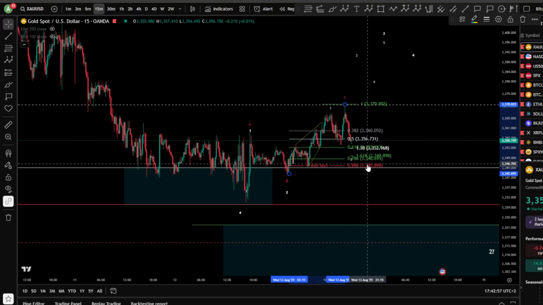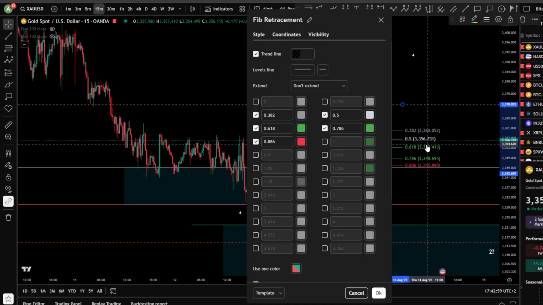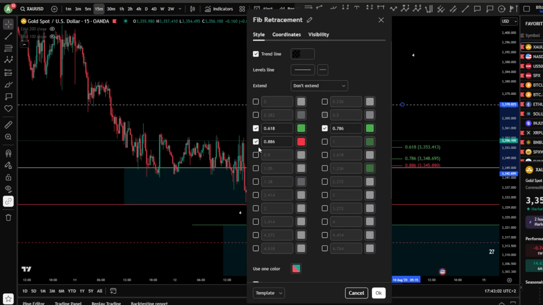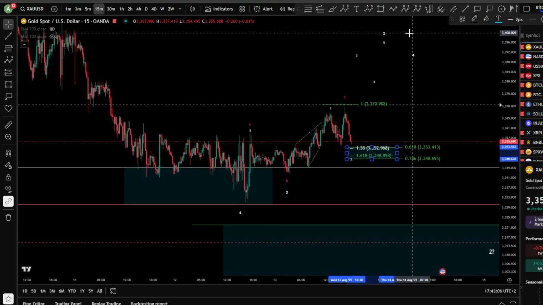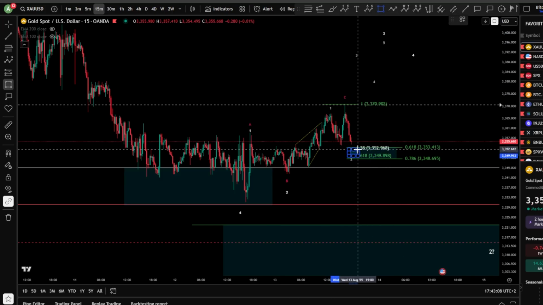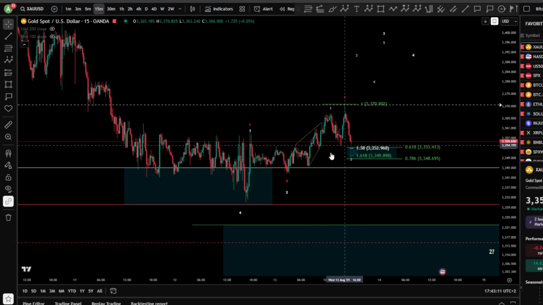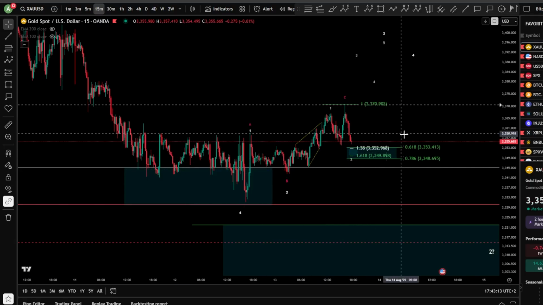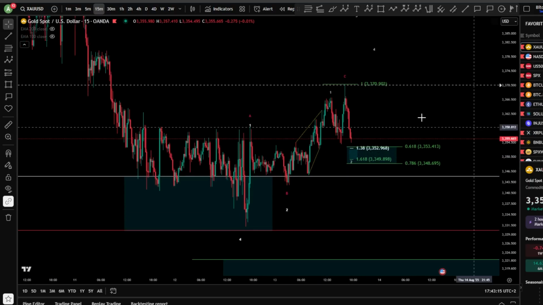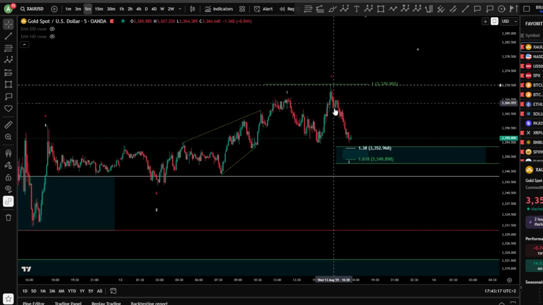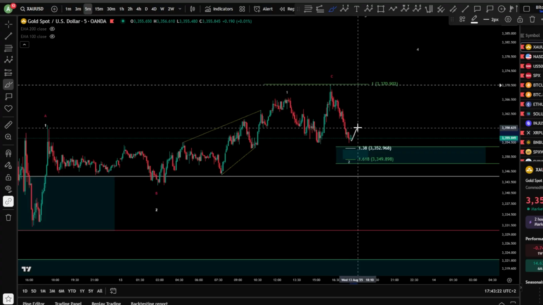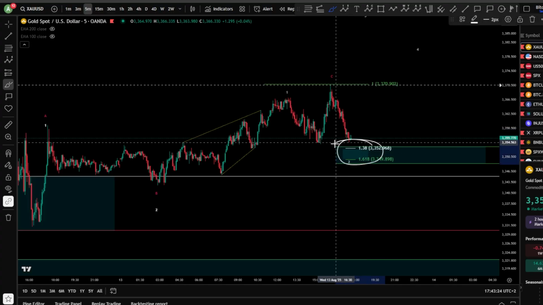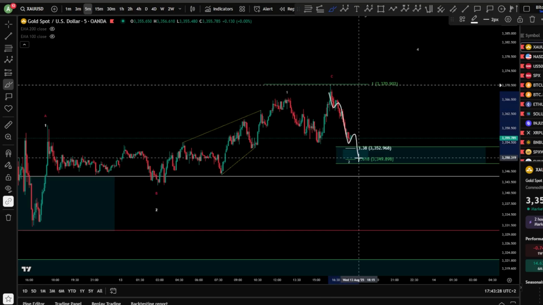Let's see. Yes, it is exactly the perfection for a wave 2 here, which can be, of course, very likely and very possible here, this blue zone to be hit again. And of course, as a precision, you would like to hit, of course, the fib level for an expanding flat wave C. And inside it, of course, we see a 1-2, 1, 2, 3, 4, 5 finished wave 3. Currently, we're working on the last wave 4 and a 5. For this impulse in a wave C, of course, we have 1, 2, 3, 4, and a 5.